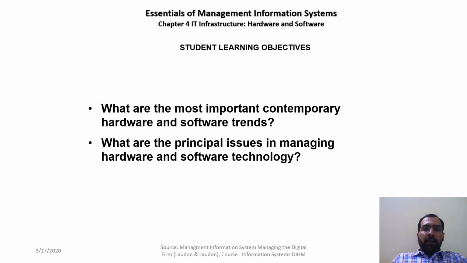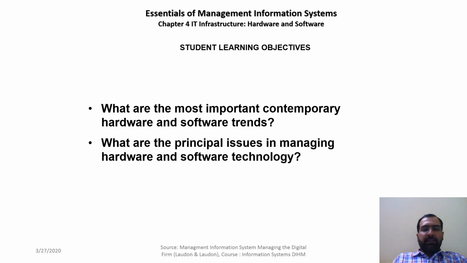In continuation, we'll also discuss the important contemporary hardware and software trends. Of course, these trends are changing over time, and we will see what is new nowadays, because as you know, technology becomes obsolete in limited time. The average obsolescence period for any technology is about four years. So we'll see what the trends are right now, and how organizations are using them. So we have some success stories as well. We have some case studies of those organizations as well, which will help you understand how they have opted for different types of